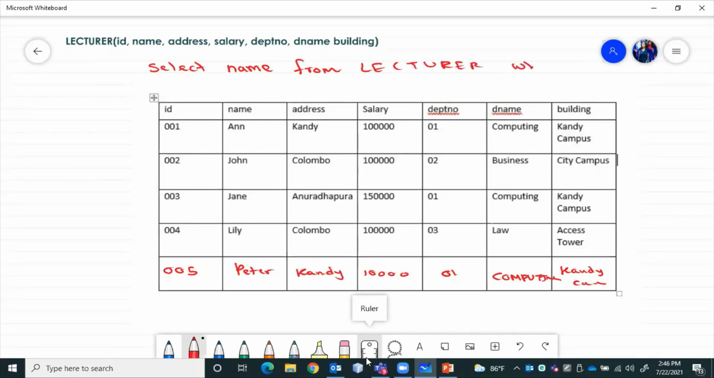Where? What? What are you supposed to give? Is it this computing? If we give it like this, right? So it will retrieve only Anne and Jane, not Peter, right? So what we have, data